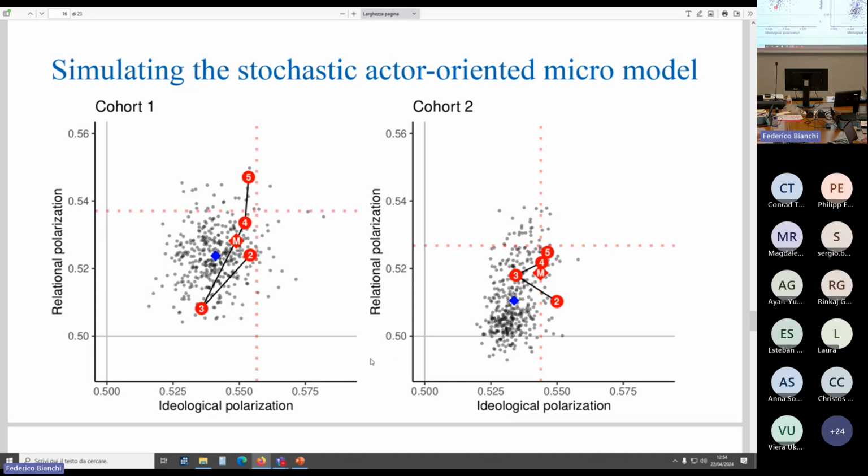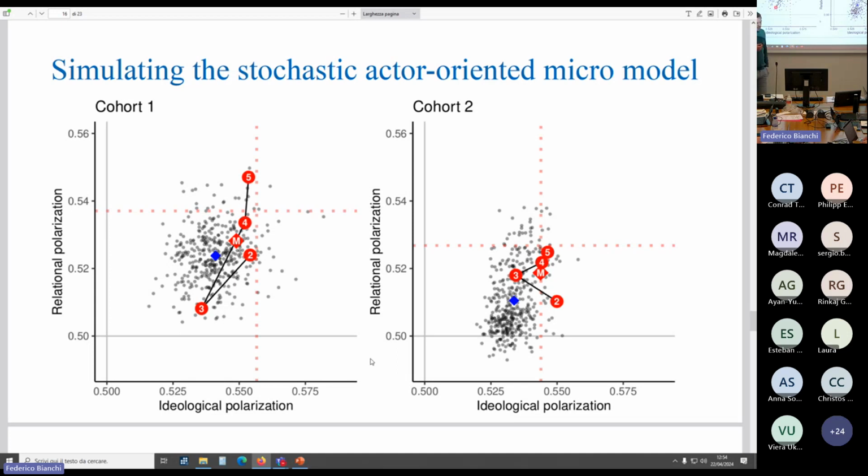And this was the midpoint for those baseline models. Here we see that the midpoint of the fully specified models is much closer to those empirically observed values, and in many cases, those empirically observed values seem like reasonable outcomes of the stochastic actor-oriented model, of this micro level process that includes all those mechanisms for influence,